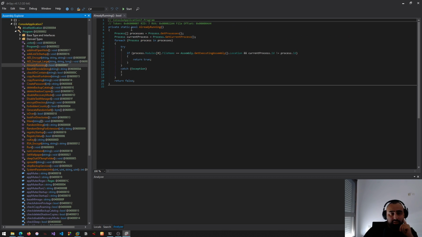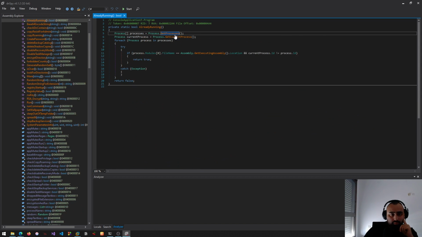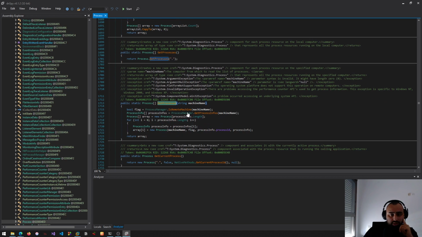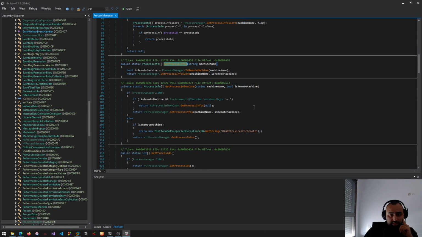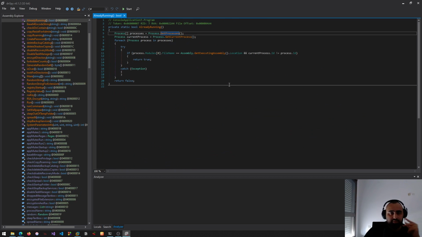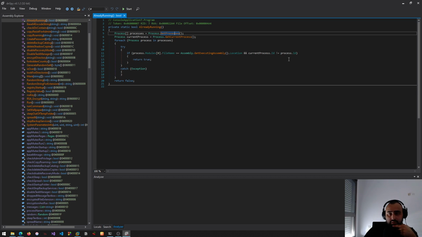It checks if it's already running. Gets the processes of the computer. Remote machine, get process info. So it gets the process info, the PID of each process, calling a function, calling a method. You can call it a method, a function, whatever you want. Gets the current process. Then it takes the location of the executing assembly, the PID, and if it's